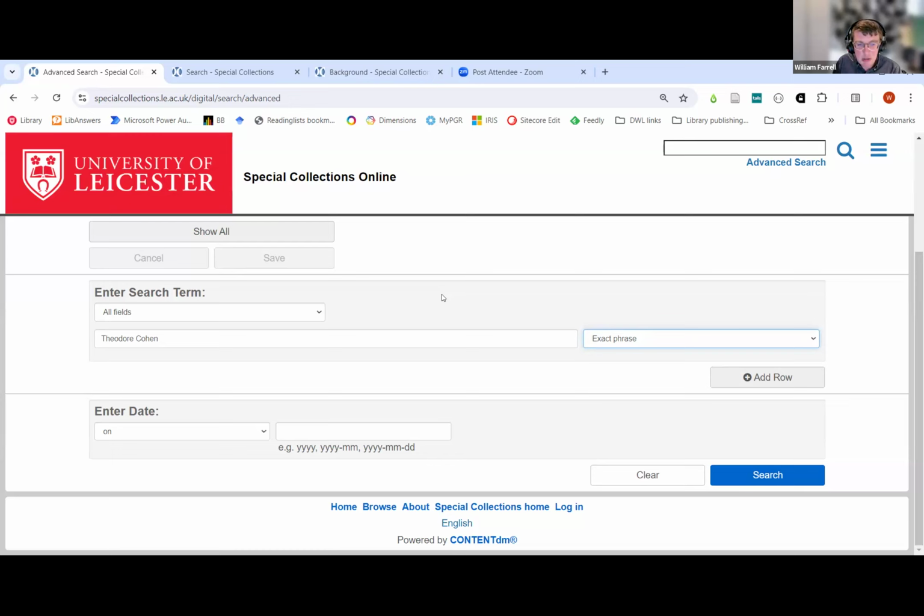But here you will probably have to try doing Theodore Cohen and Cohen Theodore, because there were probably directories using both. So you need to do a bit of experiment, and I'll try and show that in a second. Also, I have to say the phrase searching, the exact searching in our search engine can be a bit hit and miss, and that's to do with how confusing the computer finds multiple column layout. But it's worth giving it a go at least.